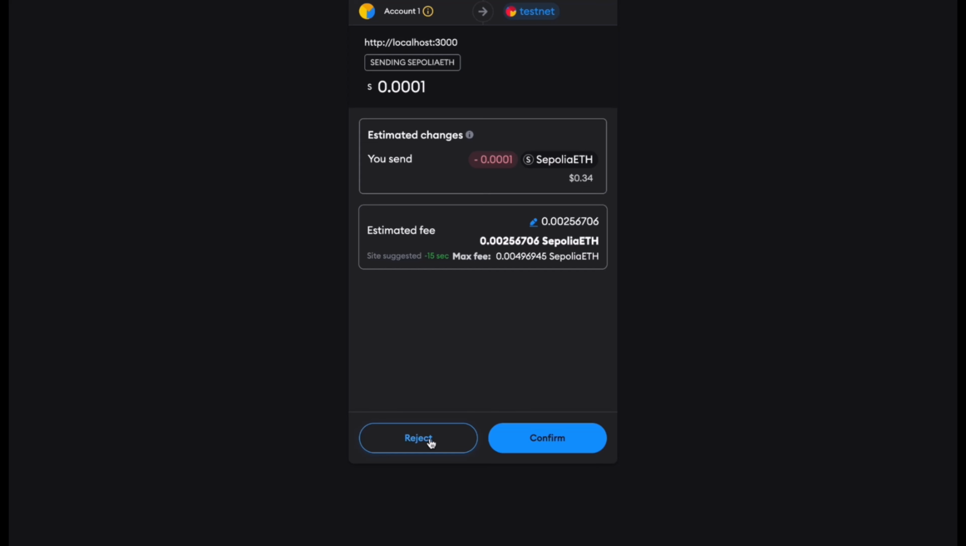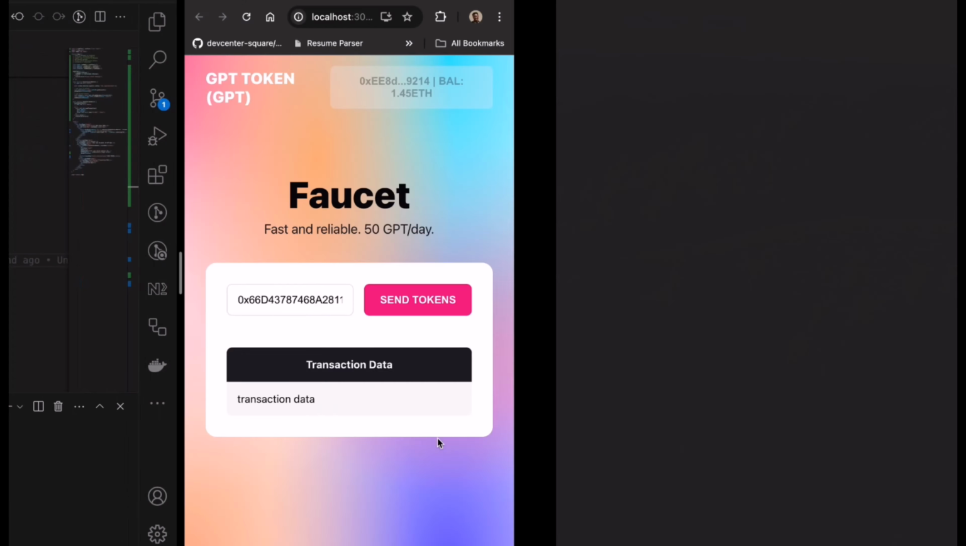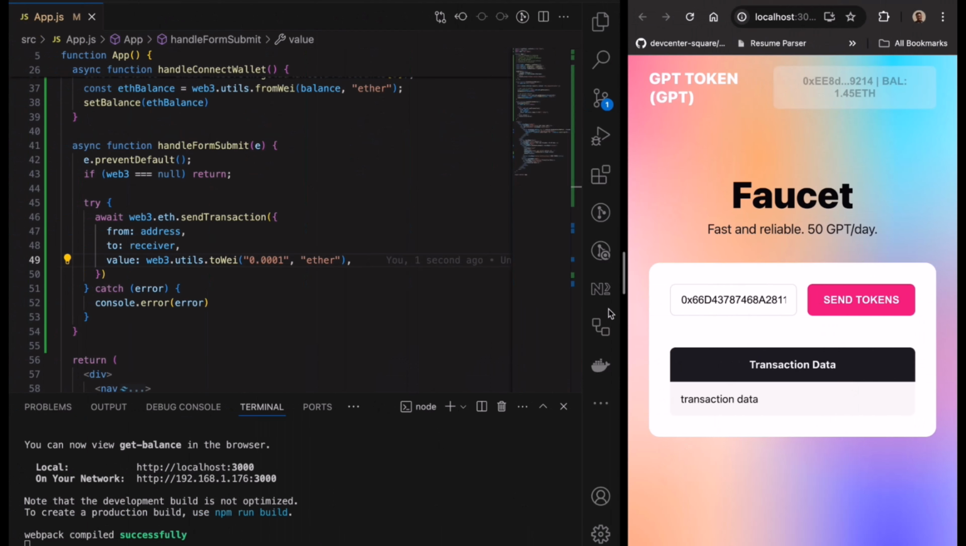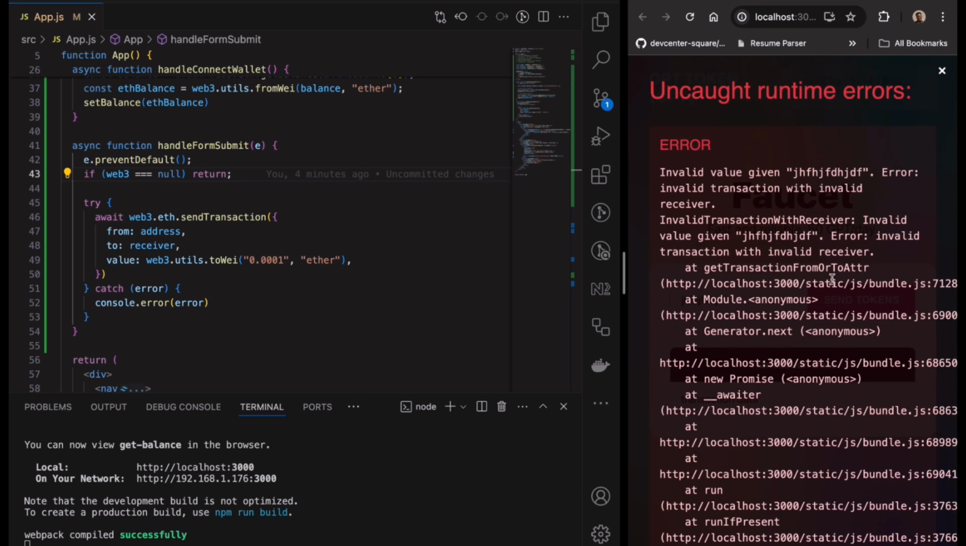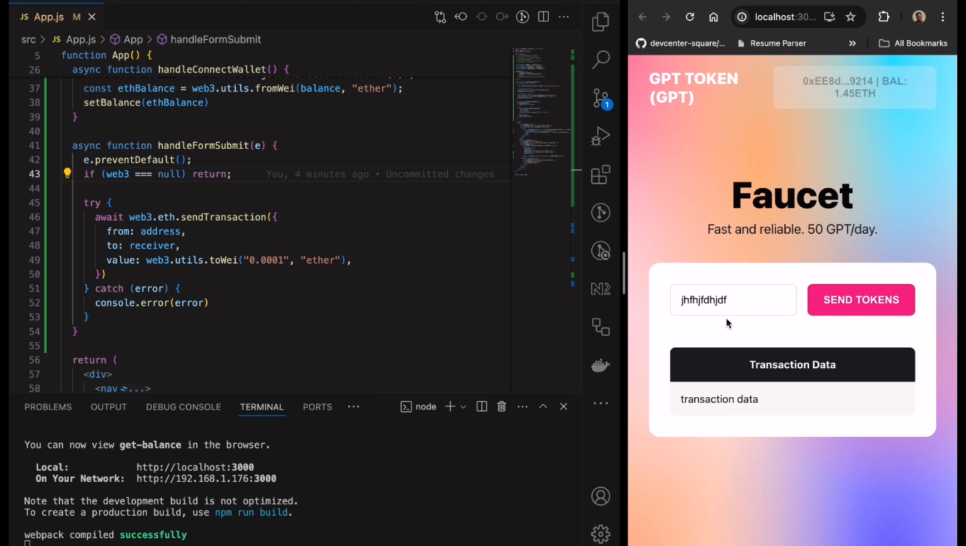Then I want to quickly show you something before we proceed to confirm the transaction. So I'll click on reject for now. Then we come back here. There's a situation whereby the user input is not a wallet address, so trying now will actually throw an error. In order to check for this, what we do here is just to say